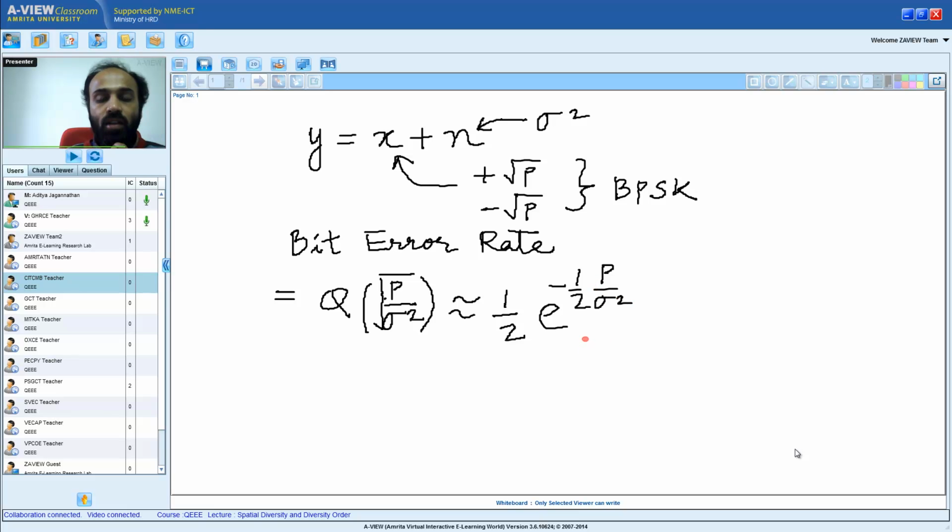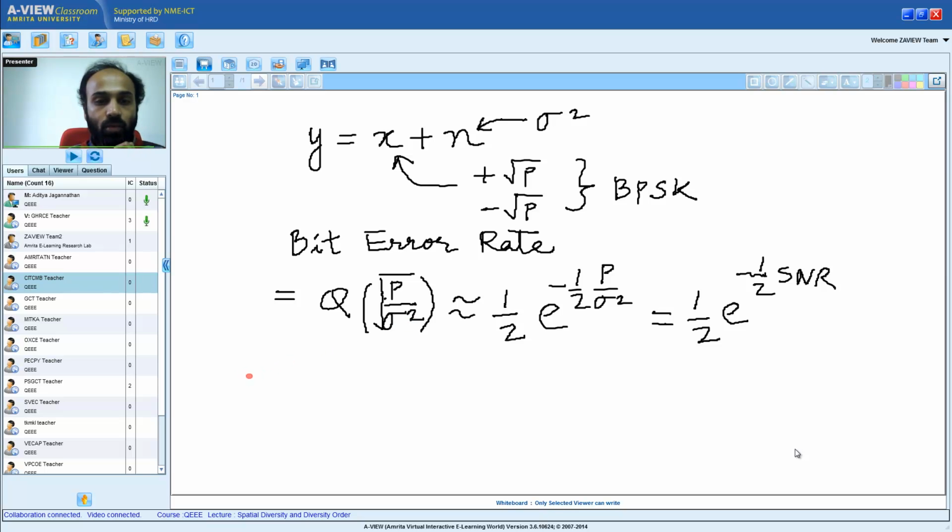p over sigma square. Fine, that is also equal to half e to the power of minus half p over sigma square, which is nothing but, since p over sigma square is SNR, half e to the power of minus half SNR. Fine. Now just to remind ourselves of this calculation again, remember last time we calculated